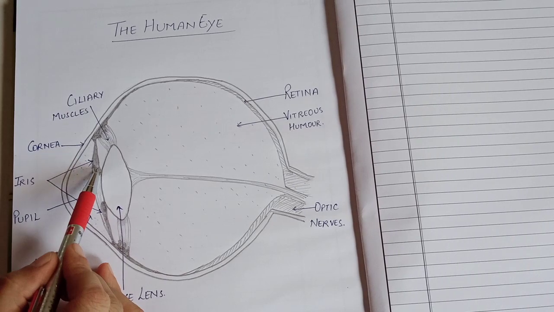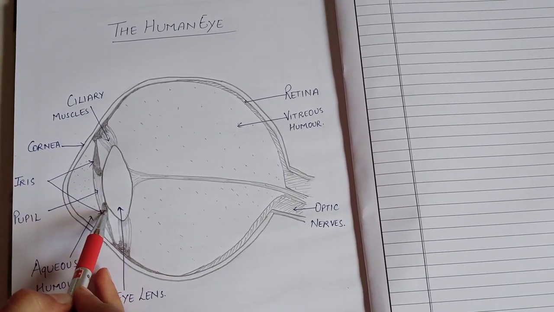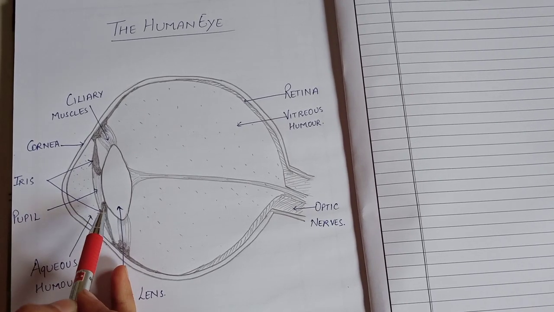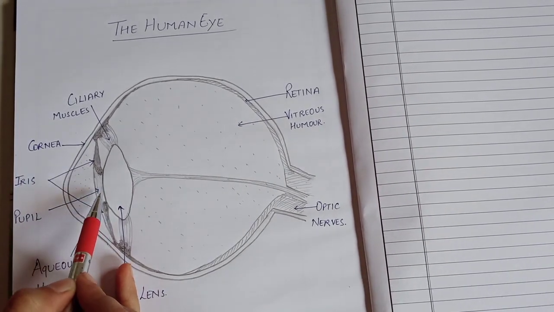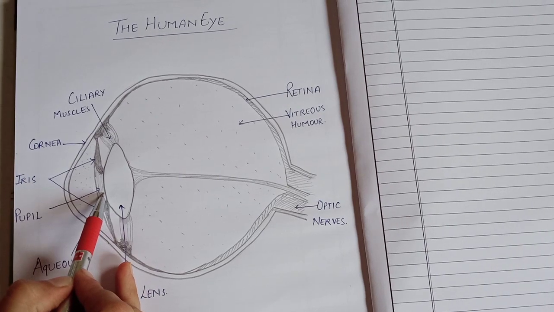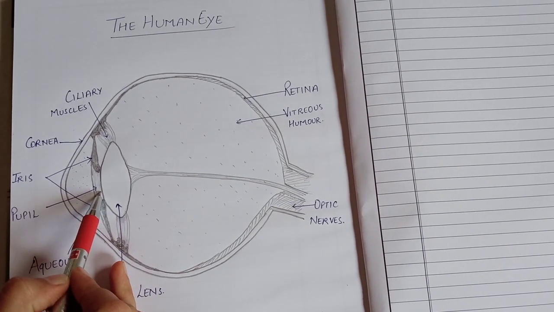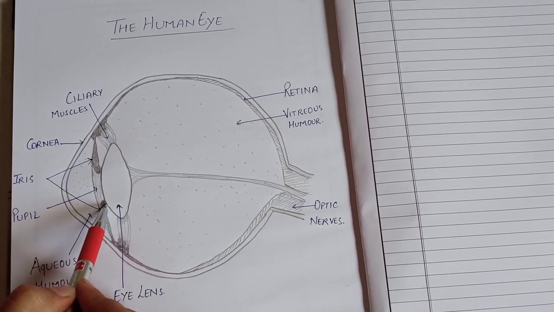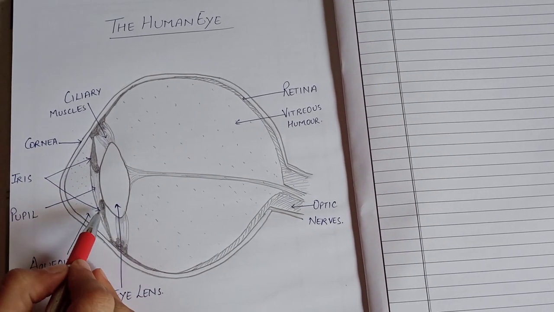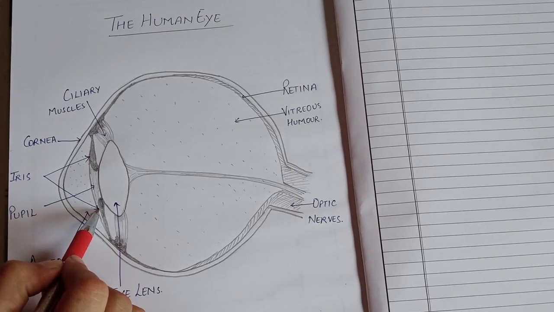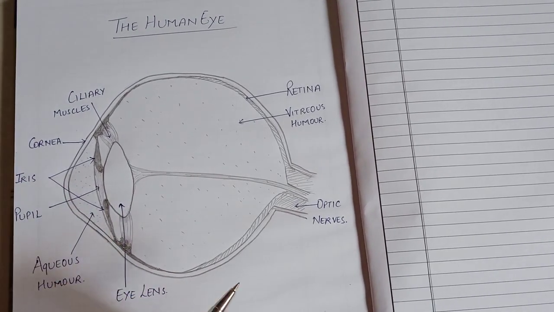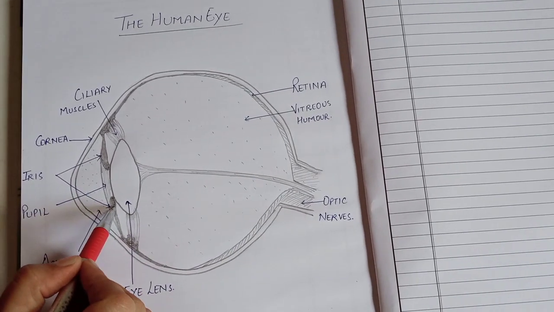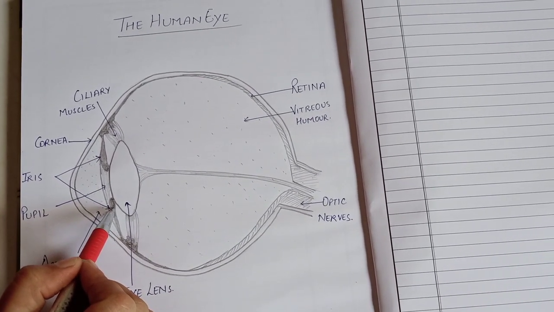Just above and below this pupil there are the special muscles called the iris. Iris helps to control the size of the pupil. When we are in dim light or in very bright light, these two structures control the amount of light entering into the eye. Also, iris imparts color to the eyes. As you see, some people have green eyes, blue eyes, grey eyes, or black eyes. That color of the eye is due to the color of the iris.